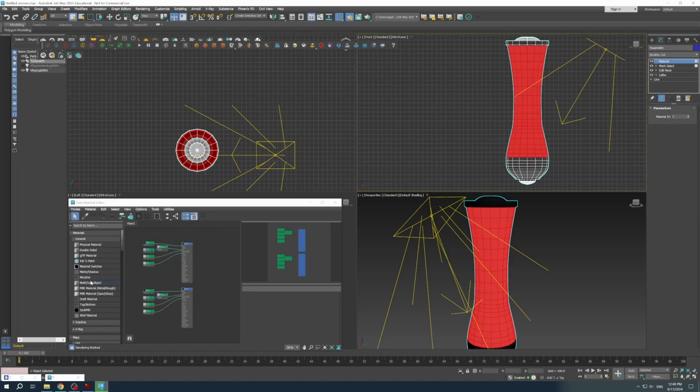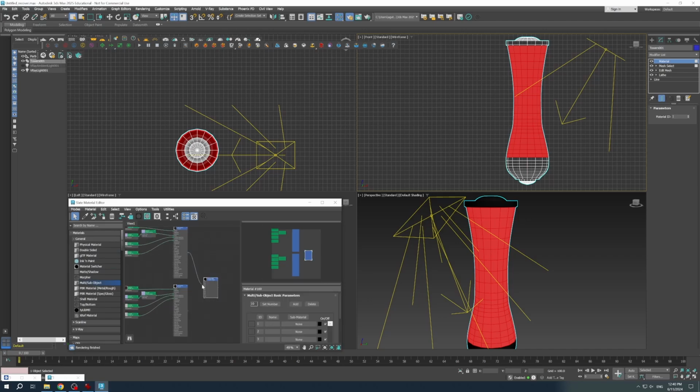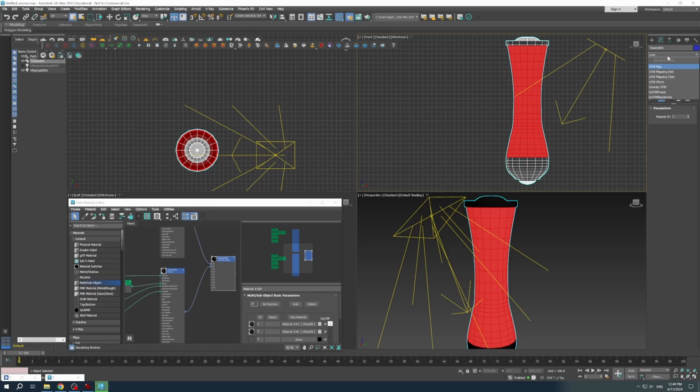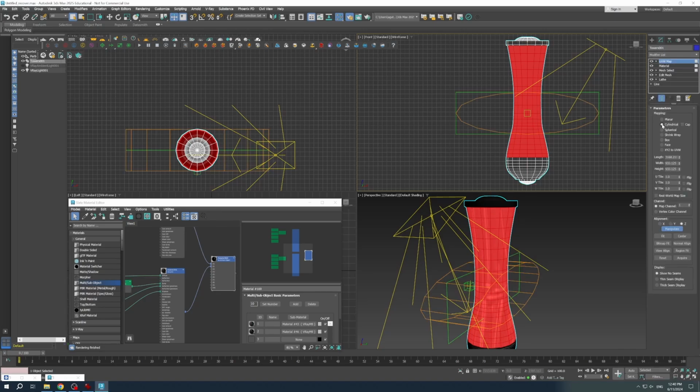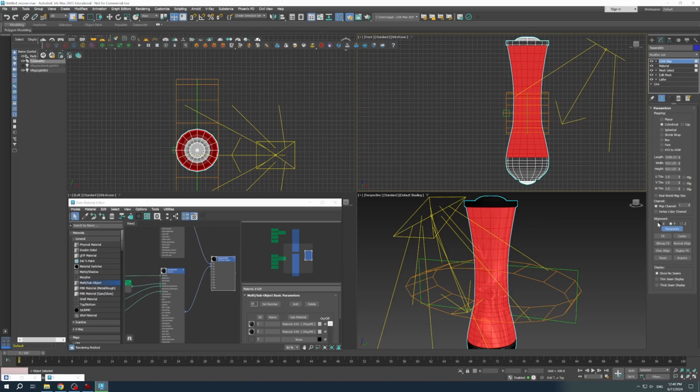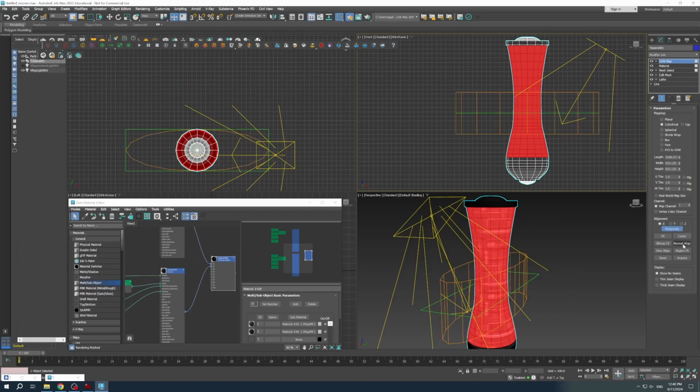So yeah, here I'm just showing you a similar thing to what we did in the other one, but if we want to use multiple materials, we use mesh select, we go material,